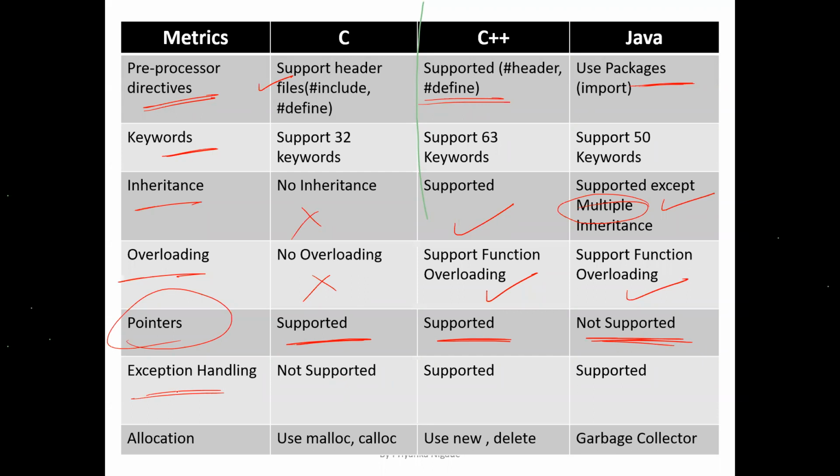Exception handling, जैसे मैंने बताया था रोबोट है, तो रोबोट cannot handle any kind of error automatically, correct ना. Exception handling you will be able to see in C++ and Java, but not in C programming language. Allocation, it is all about memory allocation, deallocation. कैसे होगा? तो allocation करना है, deallocation करना है, तो C में कुछ methods यूज होते हैं, malloc, calloc करके,